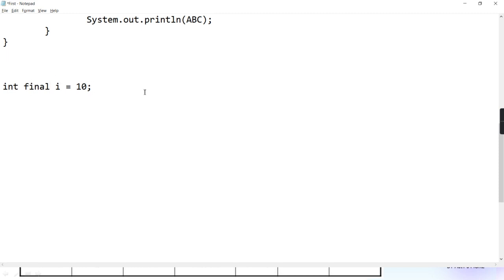Then you may say, can I use const for anything else? Like, can I create a function with the name const? No, because it has still kept it reserved. Java says that word is still reserved, though you cannot use it for its purpose. Whatever its purpose was, we cannot use it, but it is still kept as reserved.